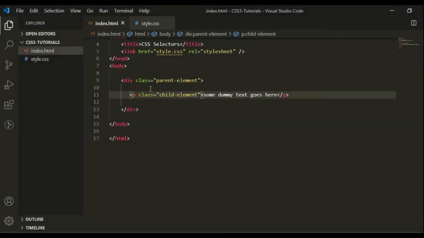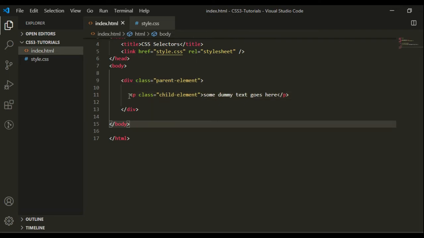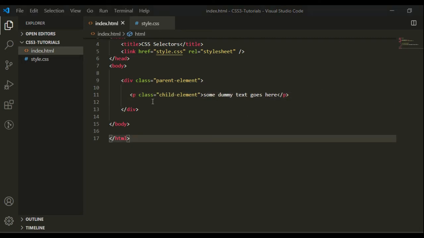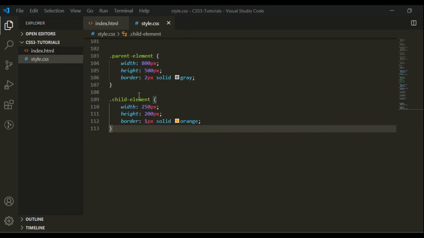Here I have taken one parent element and inside this I have one paragraph element with some text, and I have written some CSS for these two elements, div and paragraph. For the div I am using the parent element class, and for the paragraph I am using the child element class.